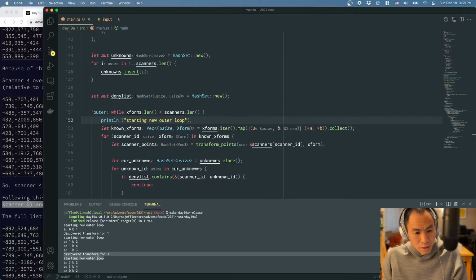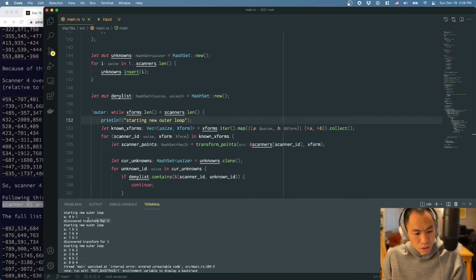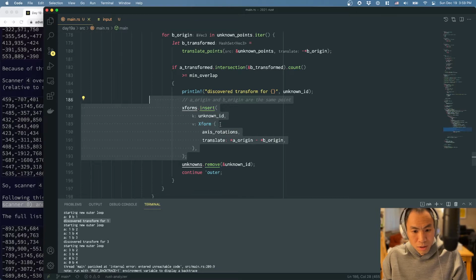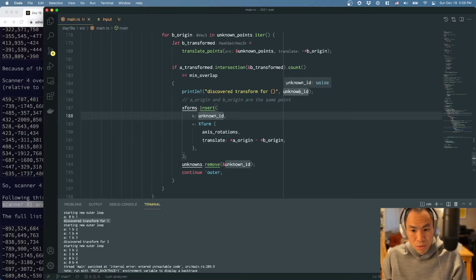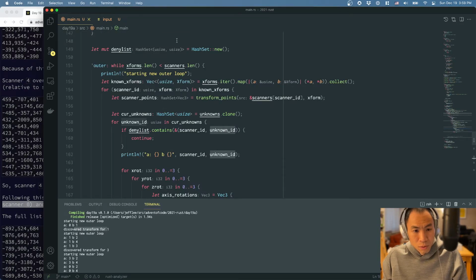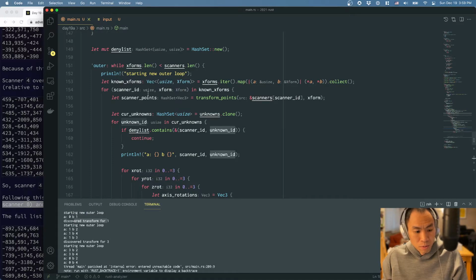So we're starting a new outer loop, but for some reason the outer loop is not trying transform 1, because 1 should have gotten inserted here, right? We discovered transform for unknown ID here, which means that xforms should have a key for transform 1, which means that when we loop over known xforms,